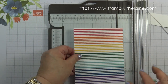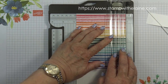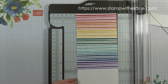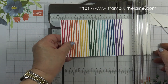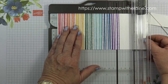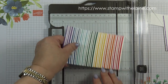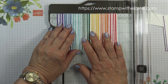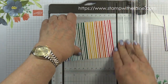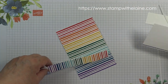So I want it 3 3/4 inches by 5 1/2. So I'll take a little bit from either side, otherwise even things up at the end. So take a little bit off there and then measure 5 1/2 from here and take off a little bit at the top. Don't throw this bit away because I'm going to pop that on the inside of my